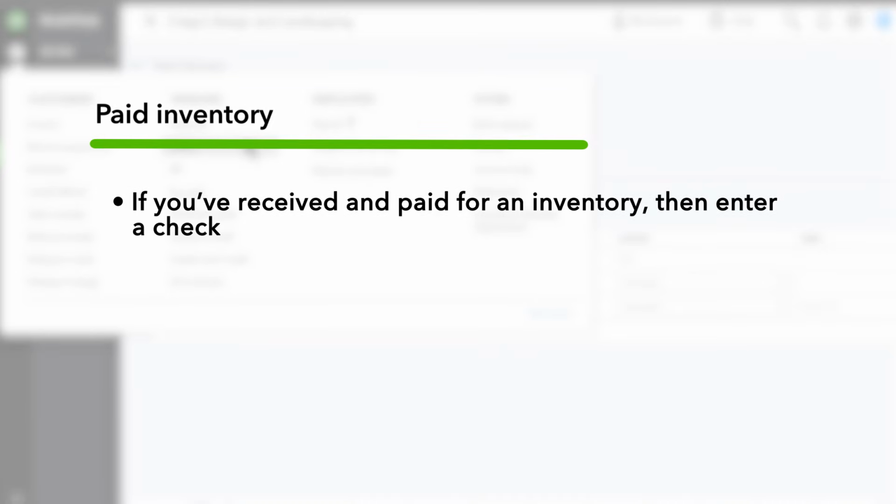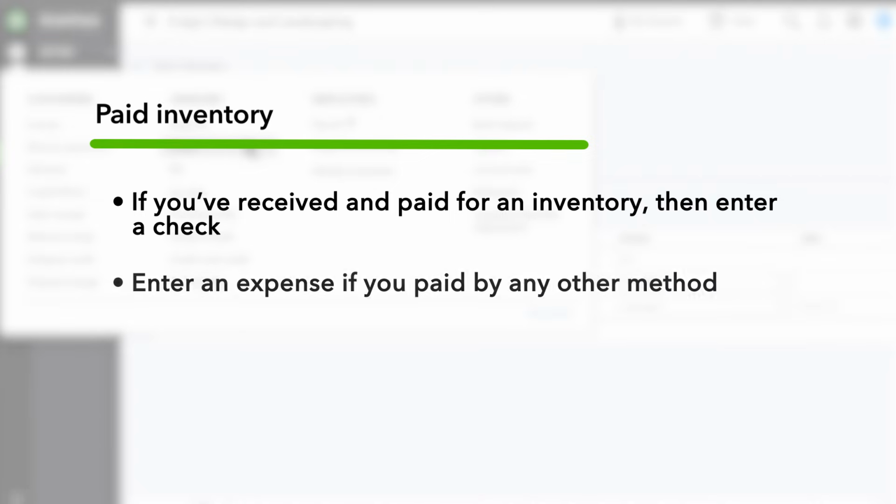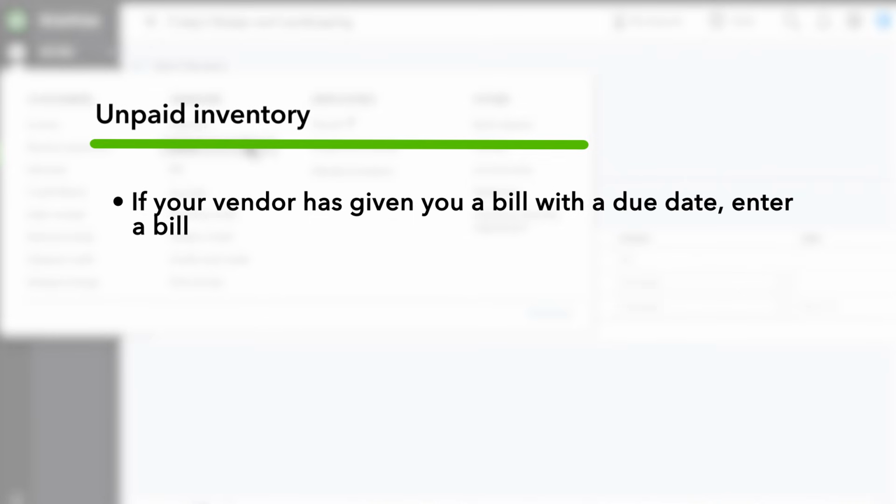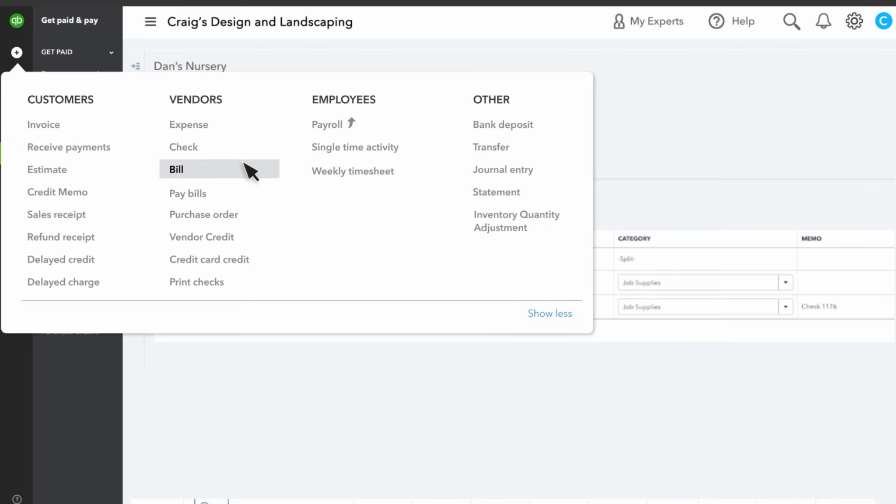If you've received and paid for the inventory already, then you enter a check if you paid by check, or an expense if you pay by any other method. If you haven't paid yet, and your vendor has given you a bill with a due date, then enter a bill. These methods are all very similar. For this example, we'll enter a bill. But there are videos with more details on how to record bills, checks, and expenses at the end of this video.